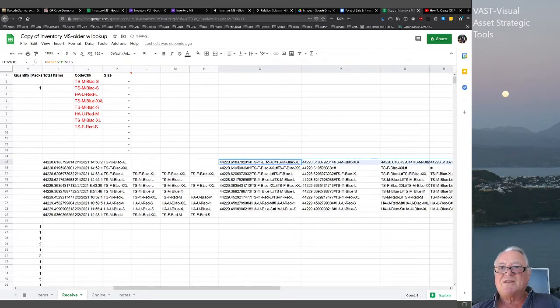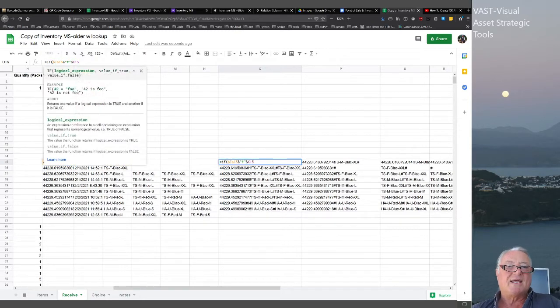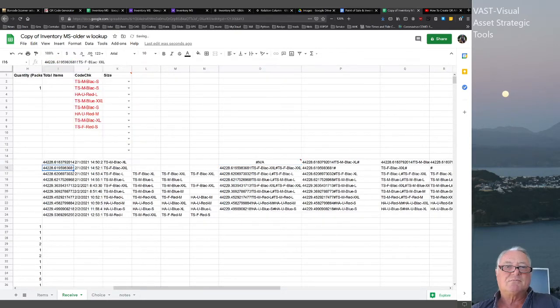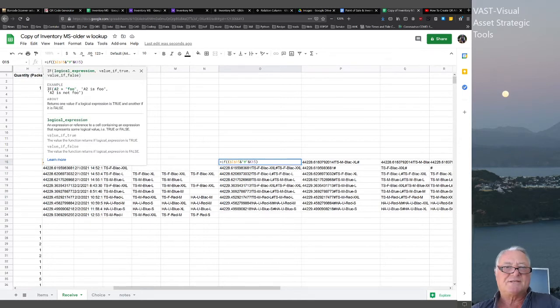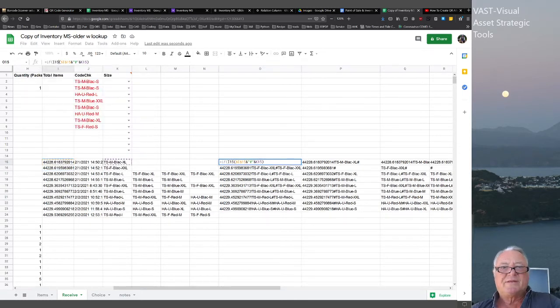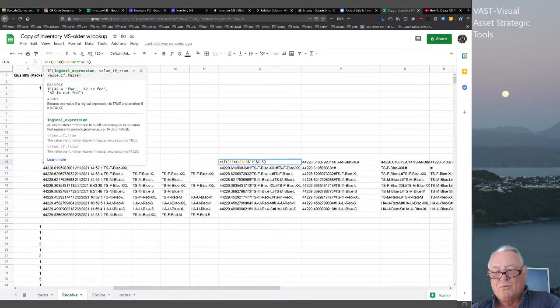But because the next of these ones here are empty cells, what I've got to put into this one here is, I just say IF, open brackets, this one here, this cell here equals, then it's empty, else it's,